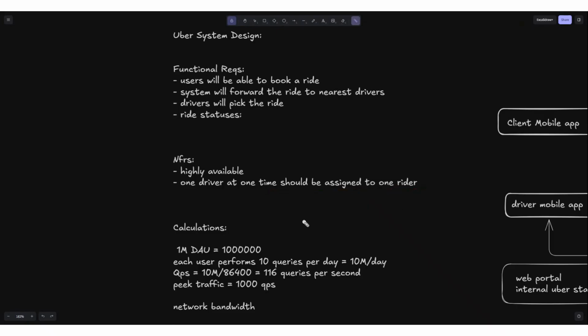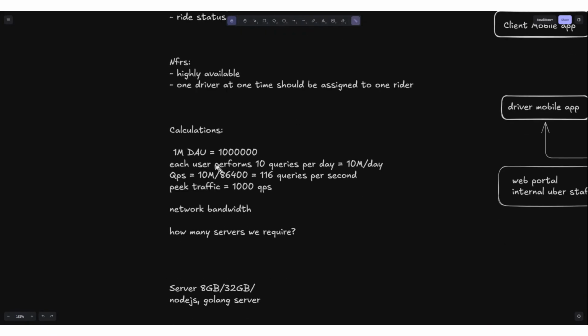I have done some calculations, but my overall concept is that in such a case study, where we are designing the whole system, we will be mostly focusing on the main algorithm, the main searching algorithms, the main connectivity between the rider and the driver. So in such a case study, the main calculations are not that important.